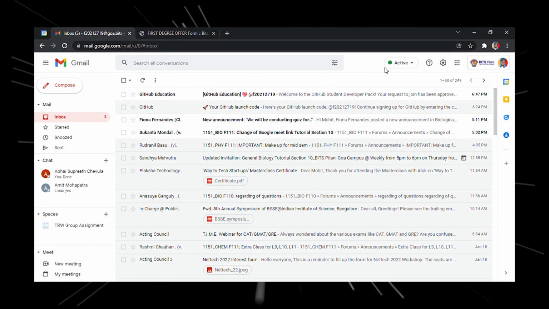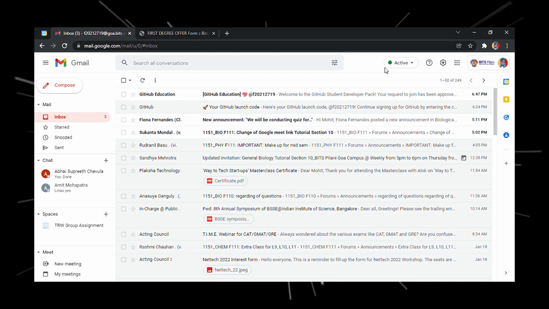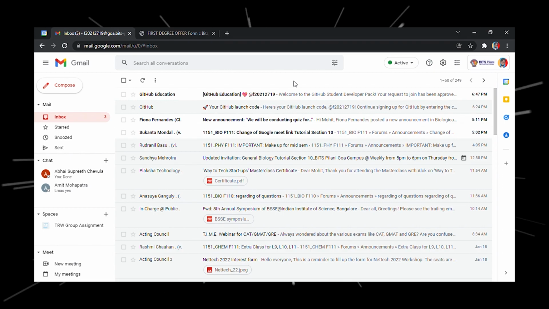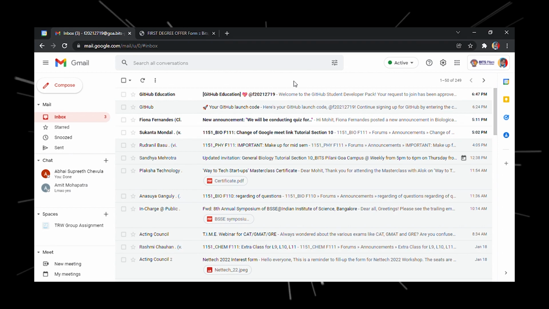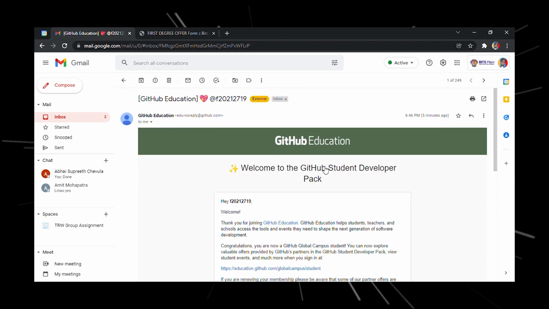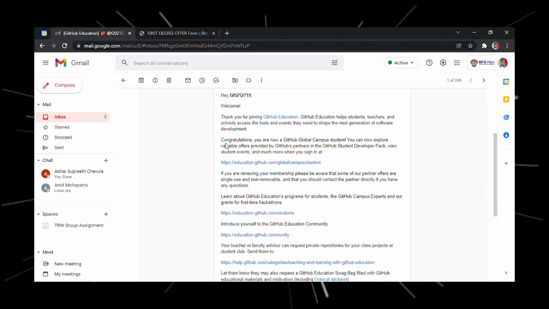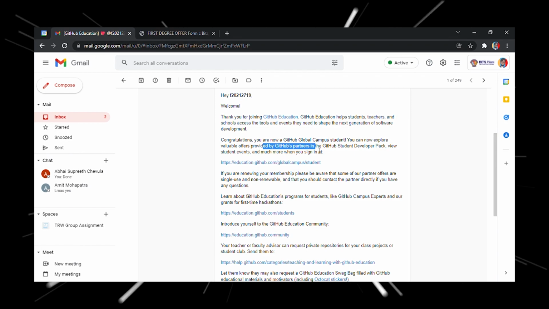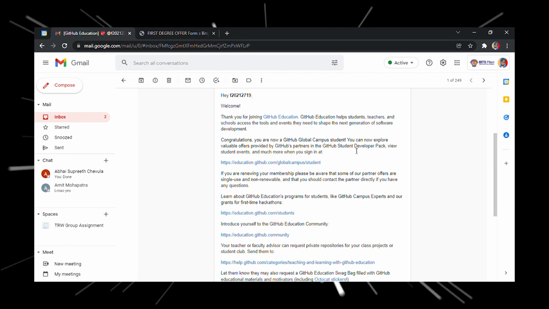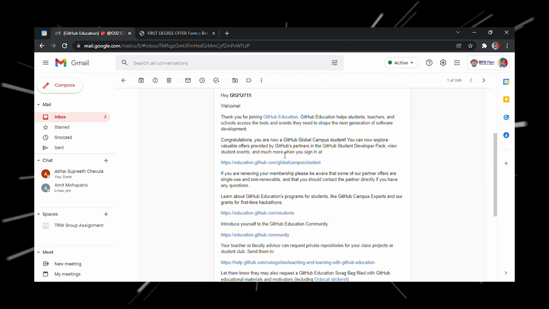So guys, as you can see here, I have just received my approval, hopefully, from GitHub, and if you remember, we just completed our application 2 or 3 minutes ago, and here we have the approval email. Let's open it and see what it says. Okay, it says congratulations, you are now a GitHub Global Campus student. You can explore valuable offers provided by GitHub's partners in the GitHub Student Developer Pack, view student events and much more when you sign up at